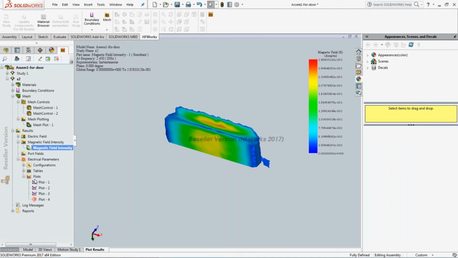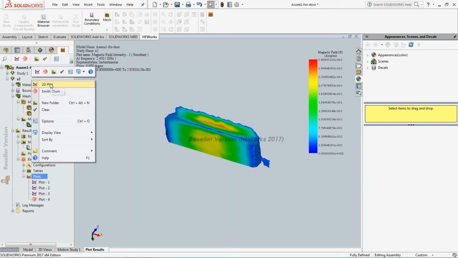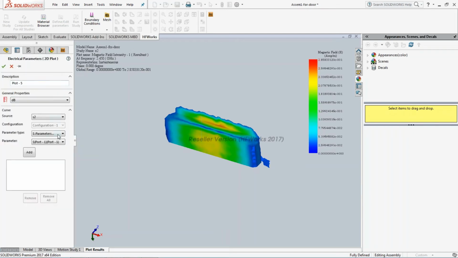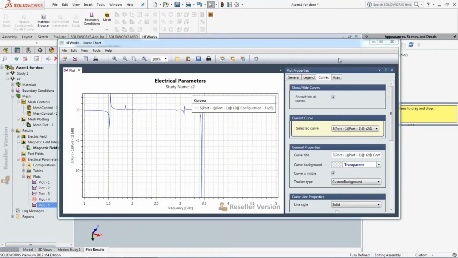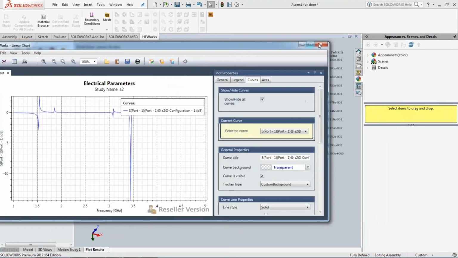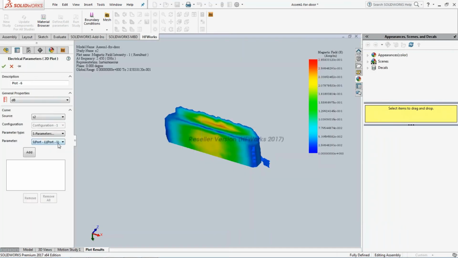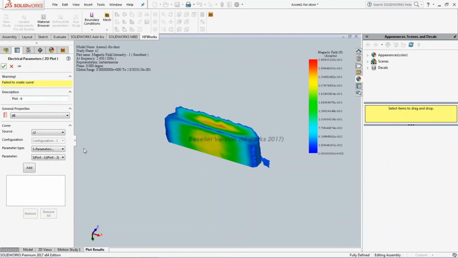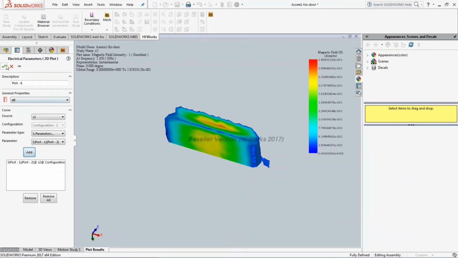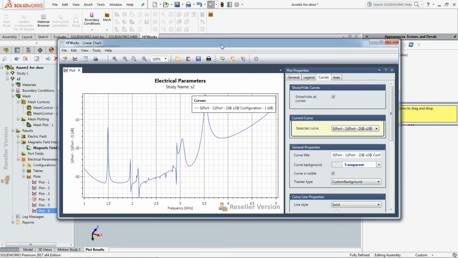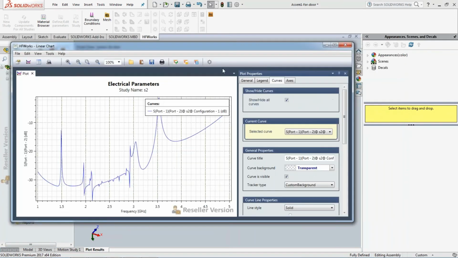Then you can do your 2D plots, of course, which for microwave engineers is the most important part. They want to see their S11. So you go to your plot, you define you want your S11, add this. So you get your result for S11, for example. Or you want to see your S12, the same thing. Just add. That's it. You get your S12 results over here,